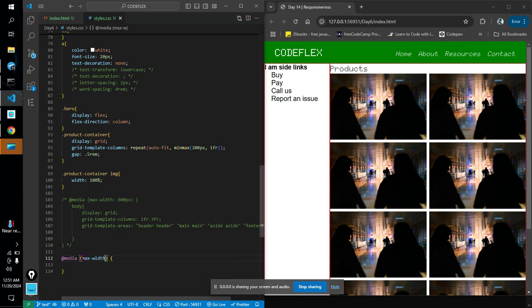I'll say max-width. So I want this style to apply to this width and screen size until this maximum width is hit. Once it hits that maximum width, it changes back to the desktop version of my styles. So that's why you see me use maximum width here. If I say, for instance, 768px, right? I can now come here and say once it's 768px, header, for instance,